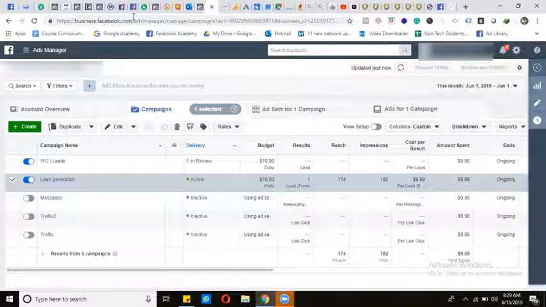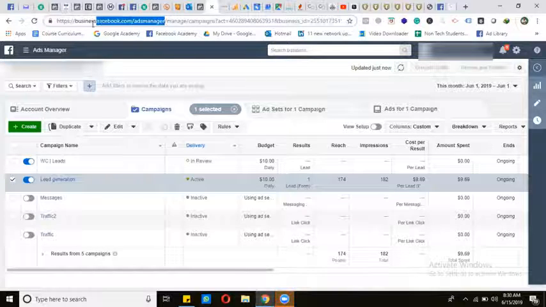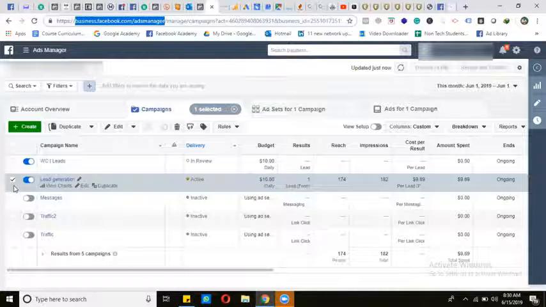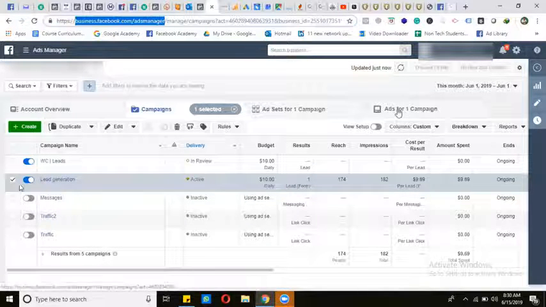Here are the guidelines for downloading the leads. Simply go to business.facebook.com/ads manager, this link, and select this ad, lead generation, that has generated a lead. Select this campaign from here and go to ads level,